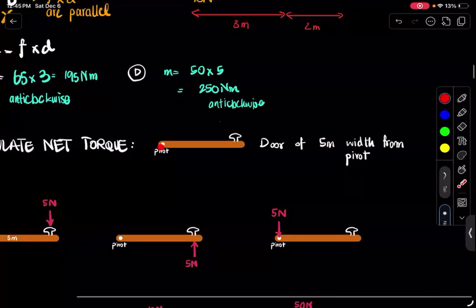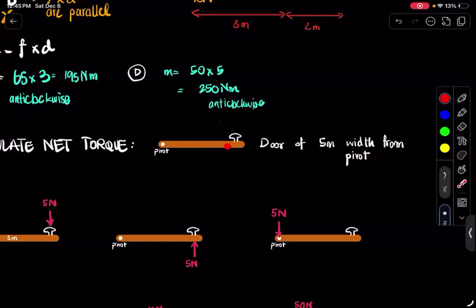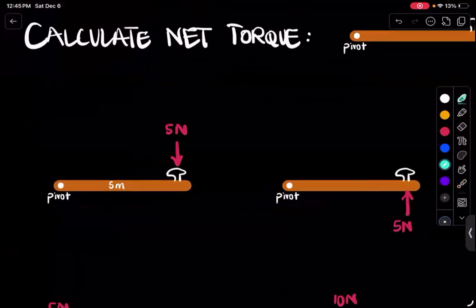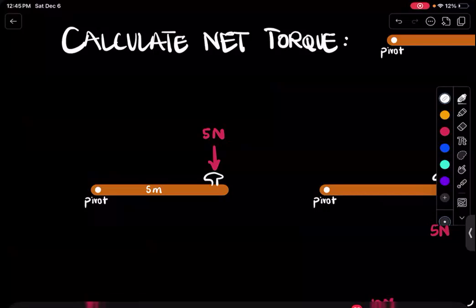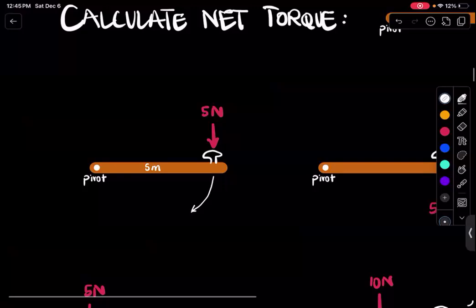This is the pivot and this is the door with a length of 5 meters from the pivot. Now, calculate the net torque for this example. Where is it going to turn? Your door is going to turn clockwise. By how much? Clockwise by